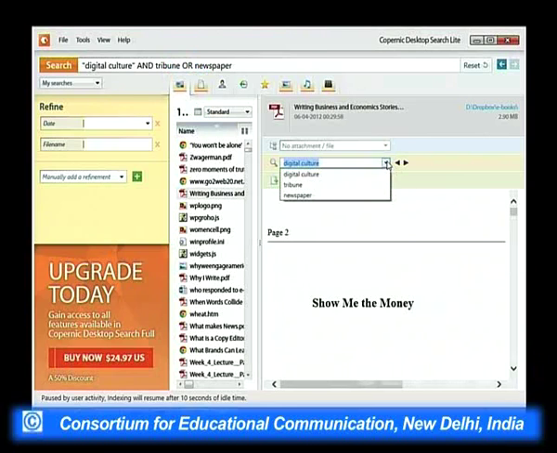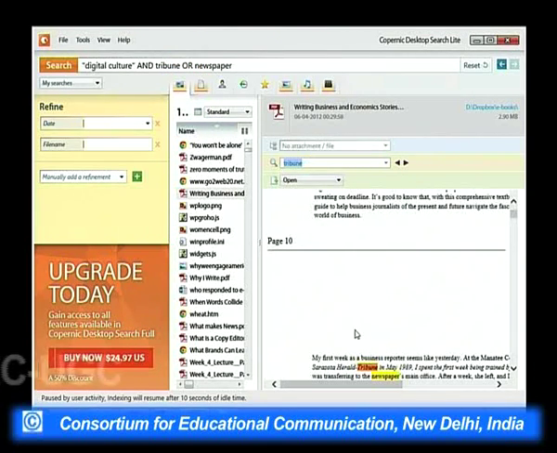go to the bar here and search Tribune. It will immediately jump to the Tribune. As you can see, Tribune is in a slightly red color and newspaper is in yellow color. So, this way